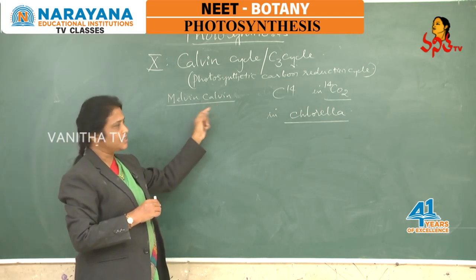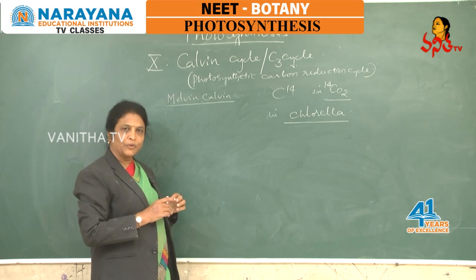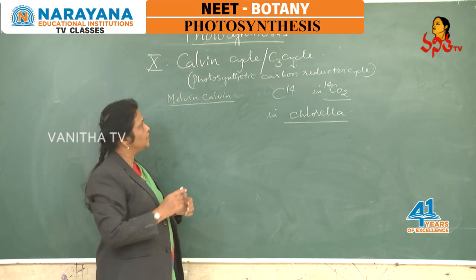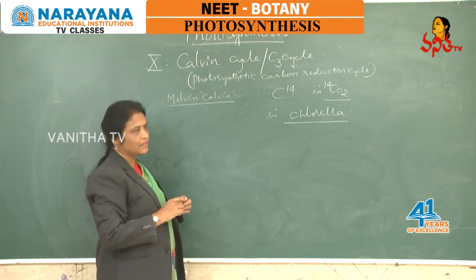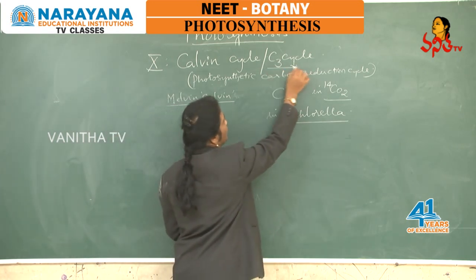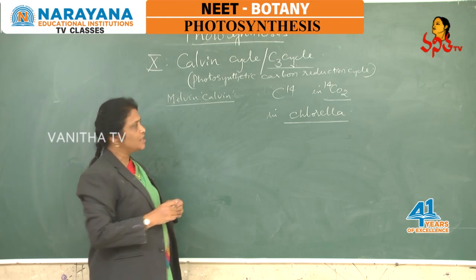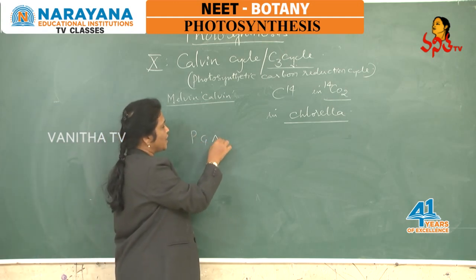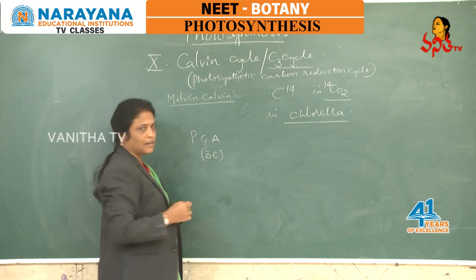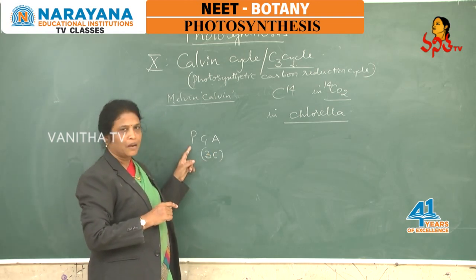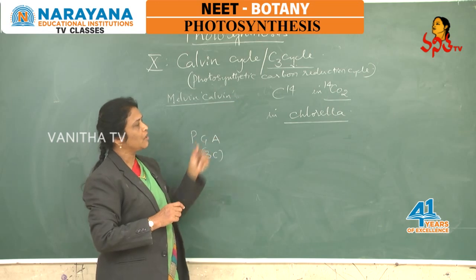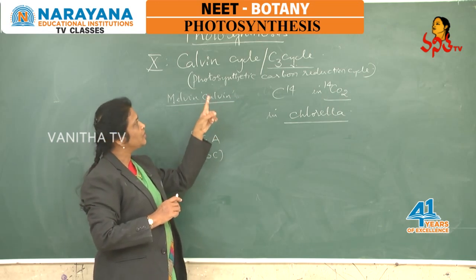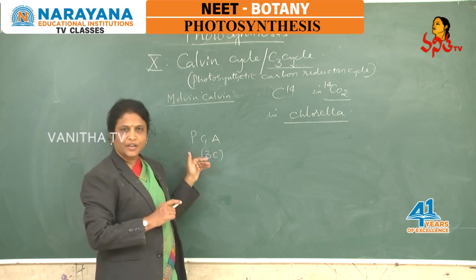This was studied and traced out by Melvin Calvin and of course his colleagues Calvin, Benson and Basham. They studied this cycle, so in honor of the scientist it is named the Calvin cycle. They identified that the first product formed during this biochemical pathway is a 3-carbon compound, that is phosphoglyceric acid, a 3-carbon organic acid. So, it is termed the C3 cycle also, and we can refer to it as the photosynthetic carbon reduction cycle, because only through the C3 cycle or Calvin cycle is carbon dioxide reduced to carbohydrate, concerned with the synthesis of hexoses.